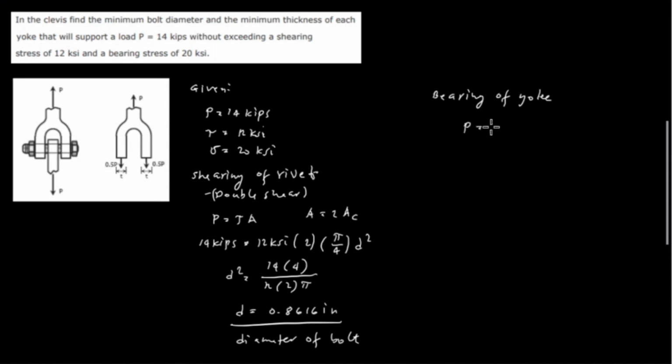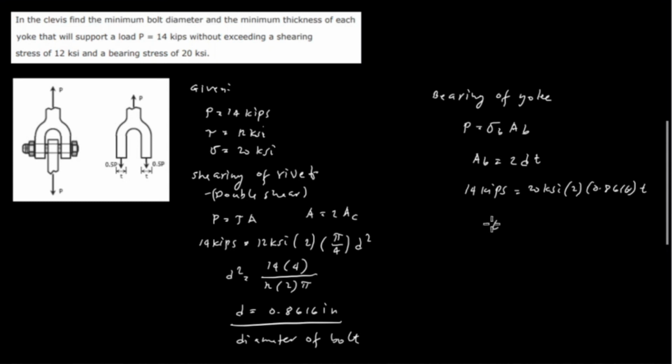And the formula, P is equal to the bearing stress multiplied by the area of the bearing, where the area of the bearing is equal to twice the diameter multiplied by the thickness, and P is equal to 14 kips and equal to the bearing stress, which is 20 ksi, multiplied by the area of the bearing, twice the diameter, which is 0.8616, and multiplied by the thickness of the yoke,